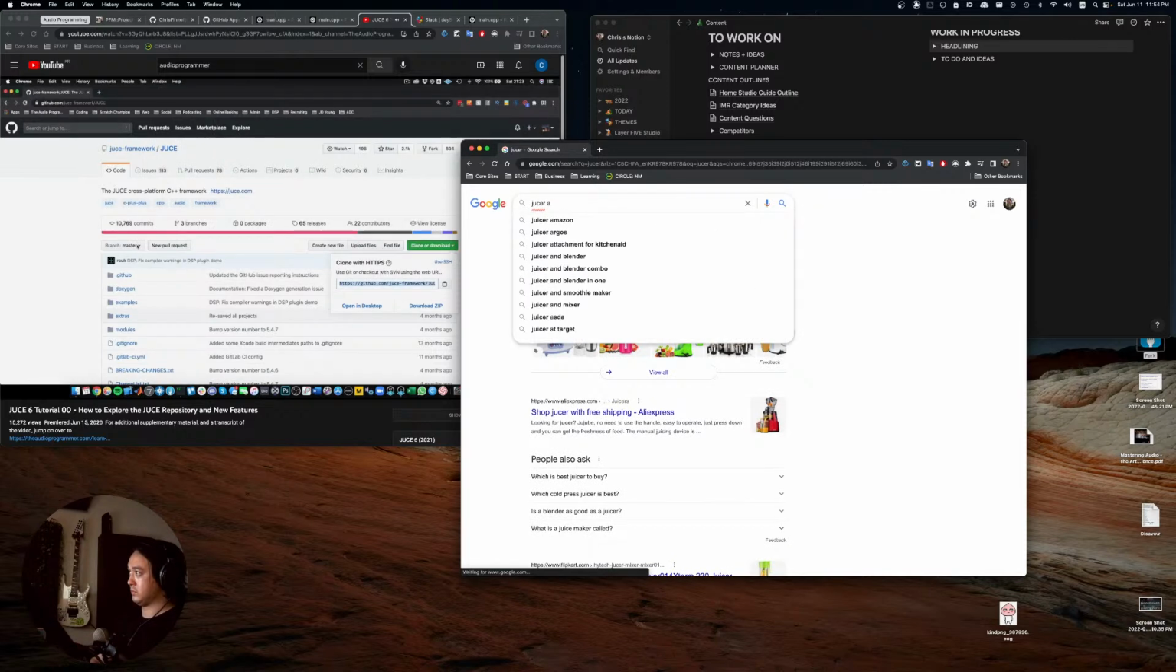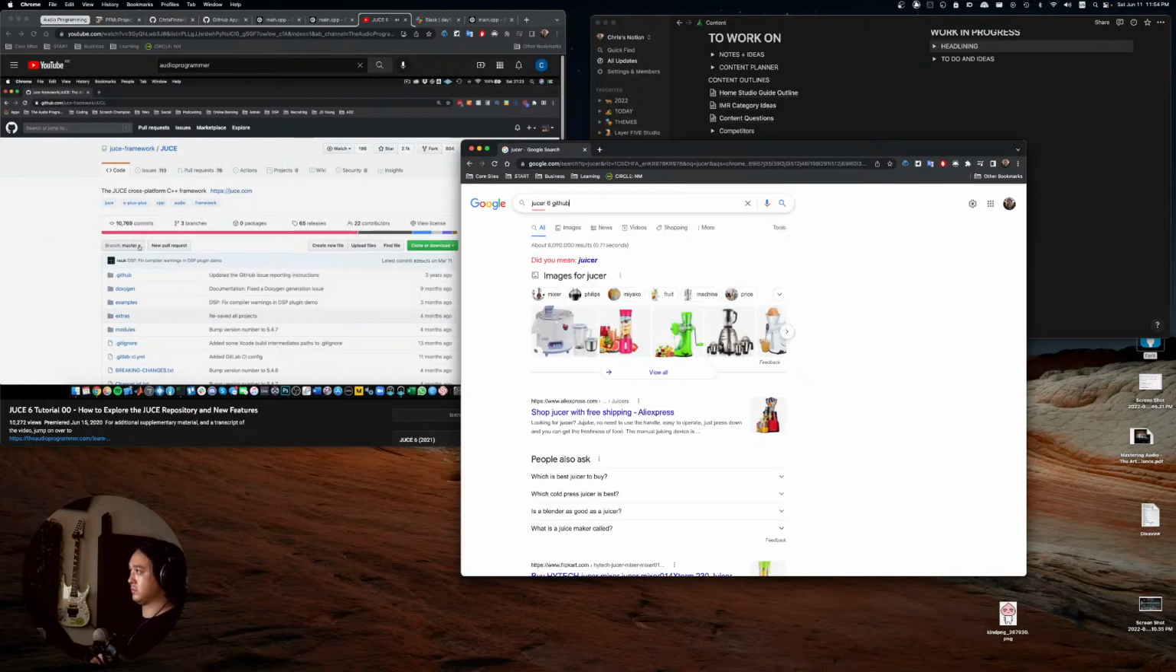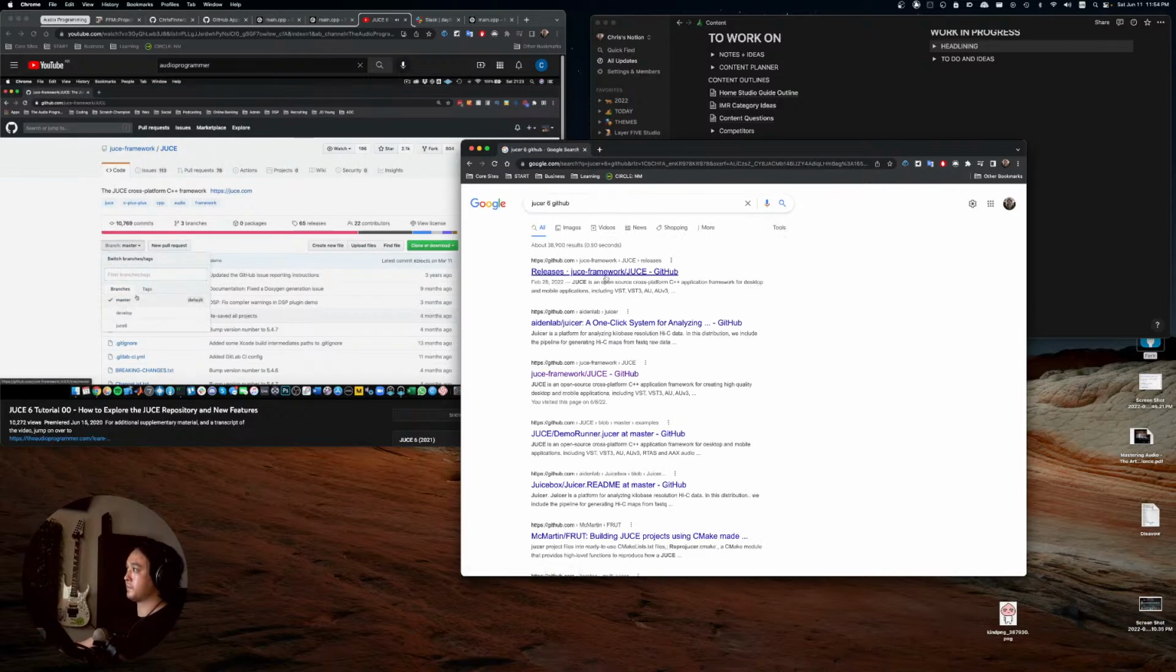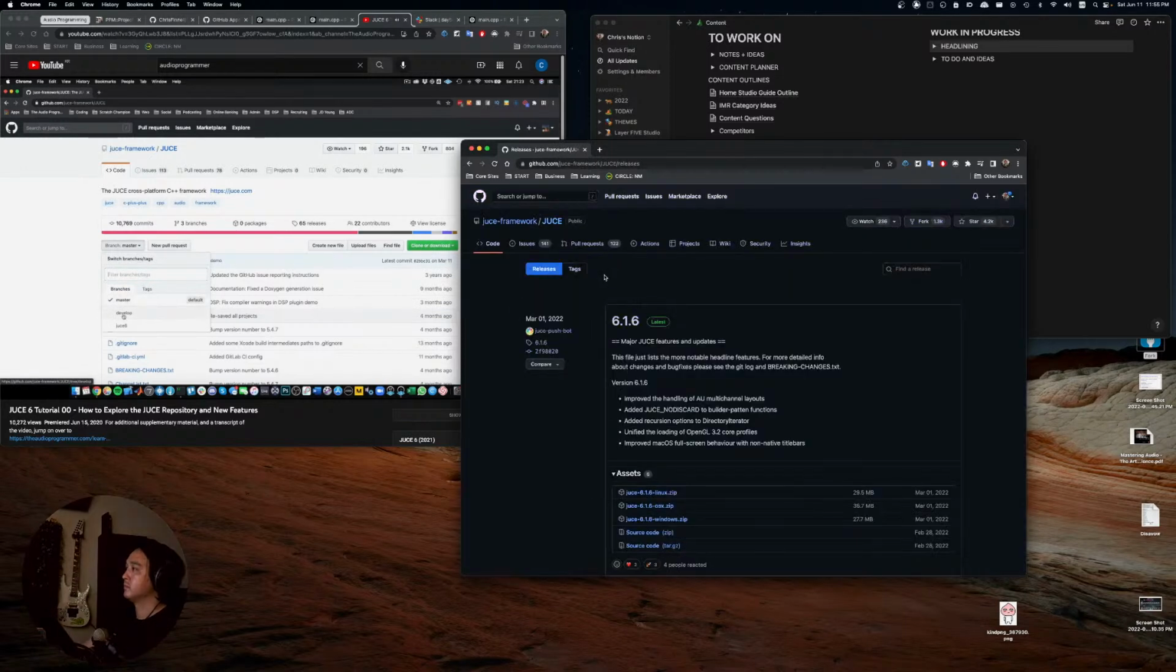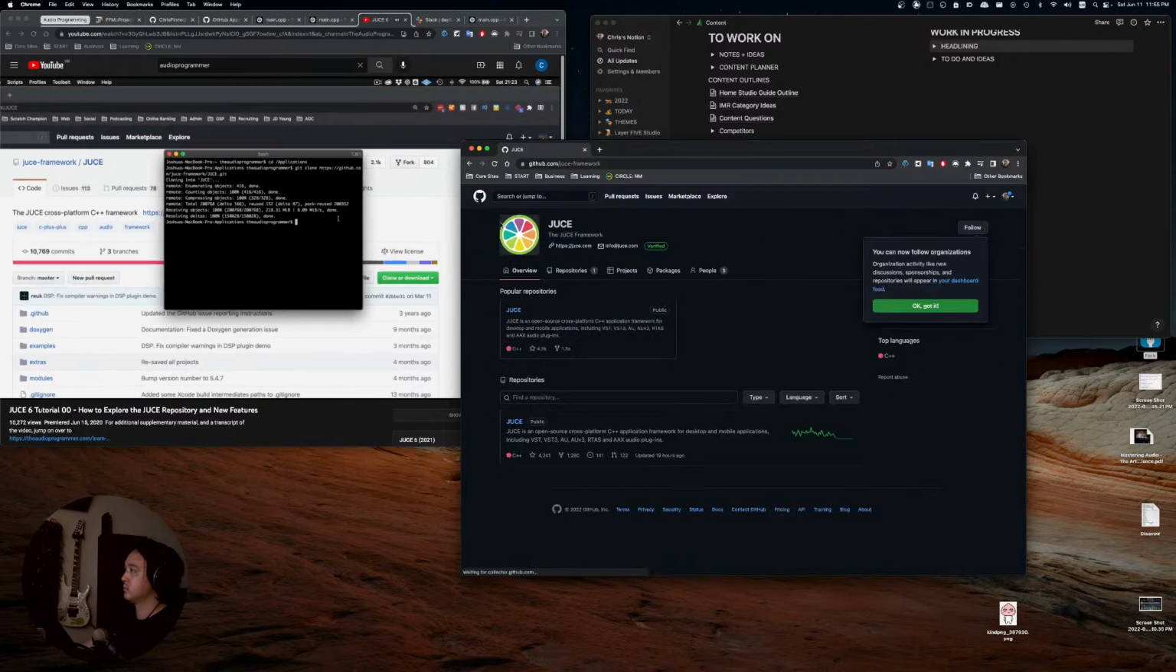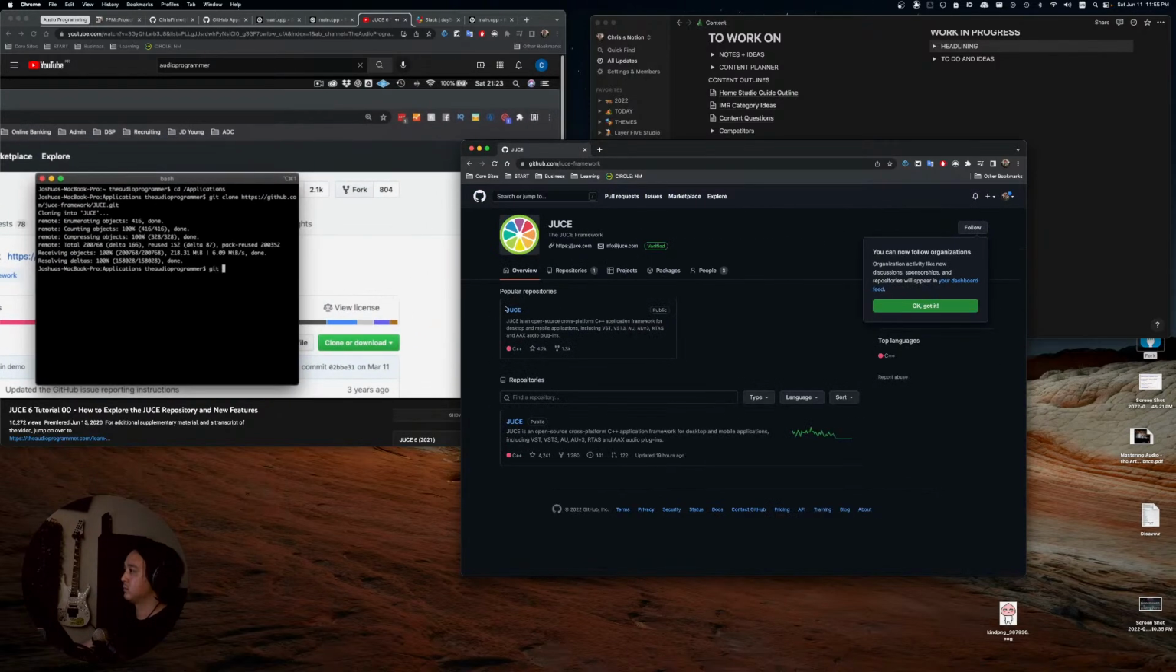So we see that if we go to the repo here, we have 3 branches: a master branch, a develop branch, and a JUCE 6 branch. And we could also look at that here by doing git branch